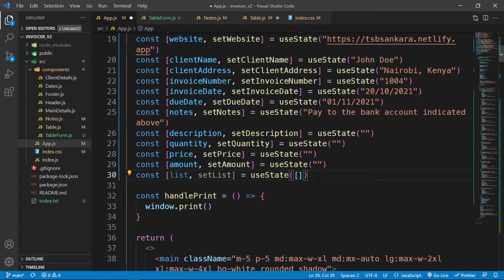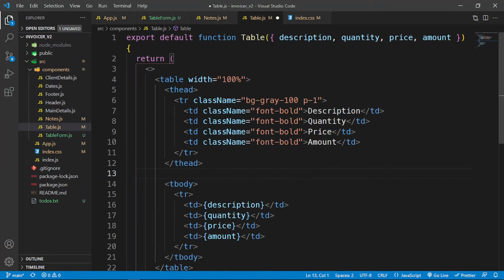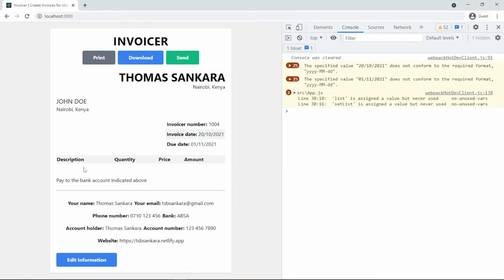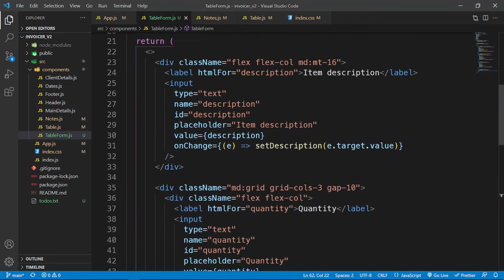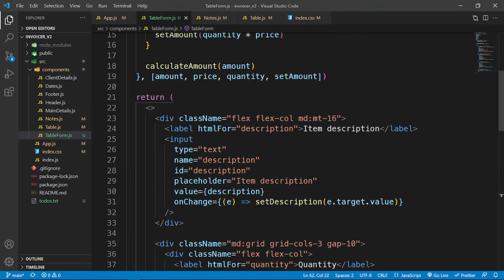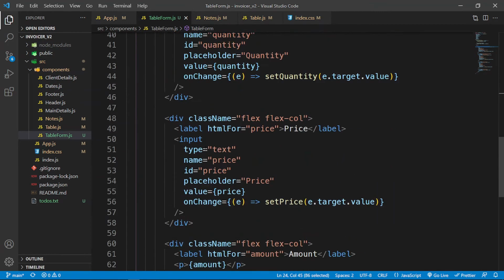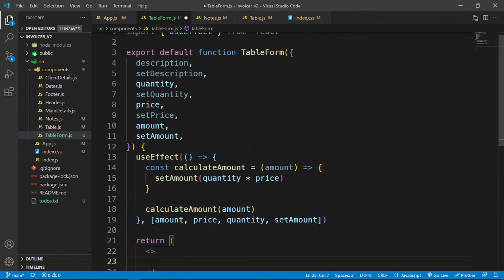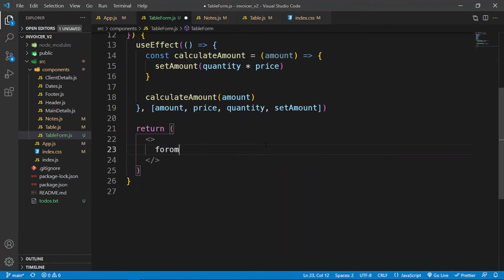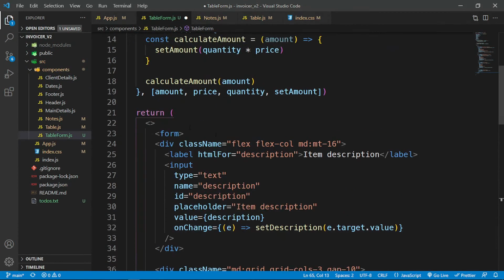Now what we need to do is, let me save this first of all, and then let's go inside here. What did I change? I need to save this, right? And so what I'm going to do, because we need to add our list inside here, which comes from the table form. Okay, so for the table form, we need to be able to submit all of this so that we can create a new list, right? So let's grab all of this, cut it out, and place it inside a form. So form, and then just paste this in, and then on the form we're going to have an onSubmit